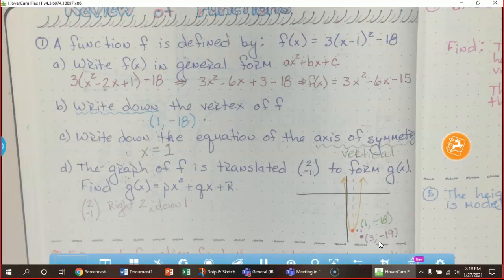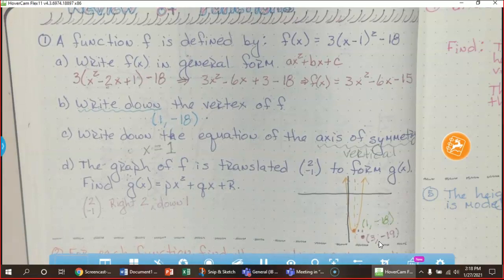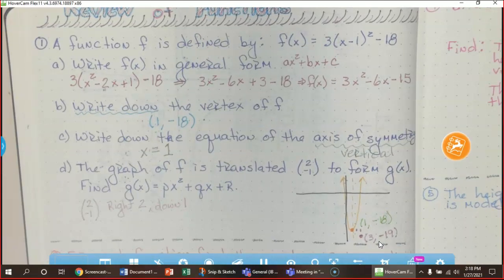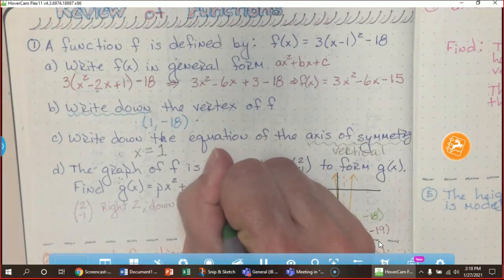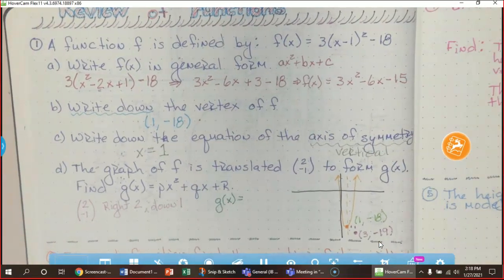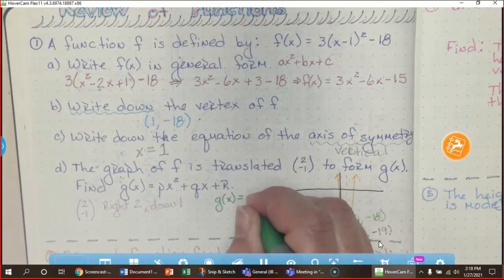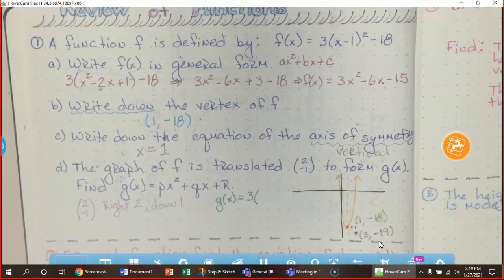What is that going to change so that I can now write my equation in this form right here? That changes my h and my k. So what can I write down to help me out? I can put it in vertex form. So I know that g of x is going to be equal to what? Let's write this down in vertex form. Somebody tell me. 3, parentheses,